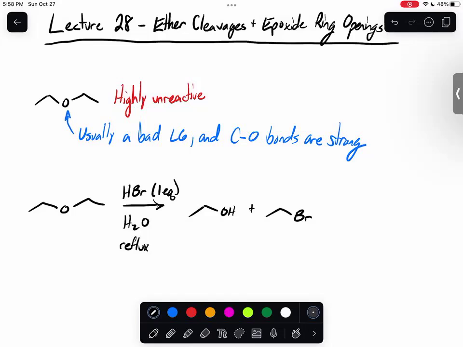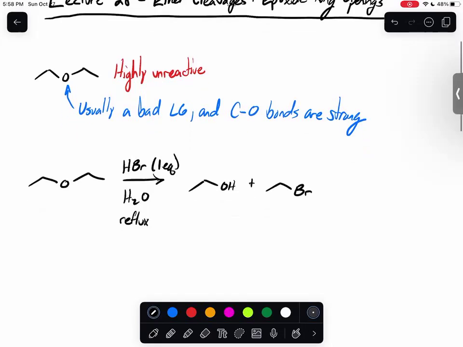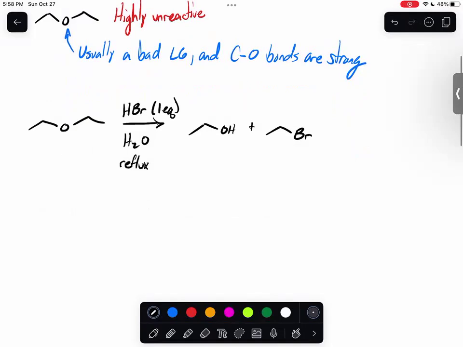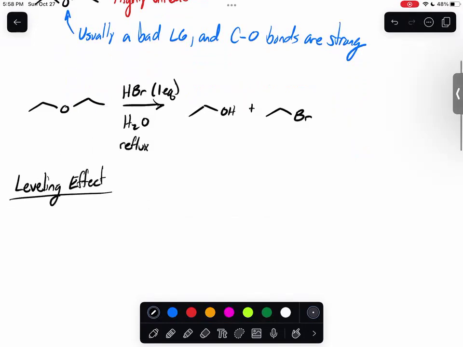All right. So first thing we need to do, though, in order to understand this fancy version of SN2, is we need to talk about something that we haven't talked about yet, but it's actually very important for a lot of the mechanisms that we're going to look at in organic chemistry. And that is what is called the leveling effect. Now, this is something that you likely talked about in Gen Chem, but you probably forgot about it. Essentially, the leveling effect is that the strength of an acid